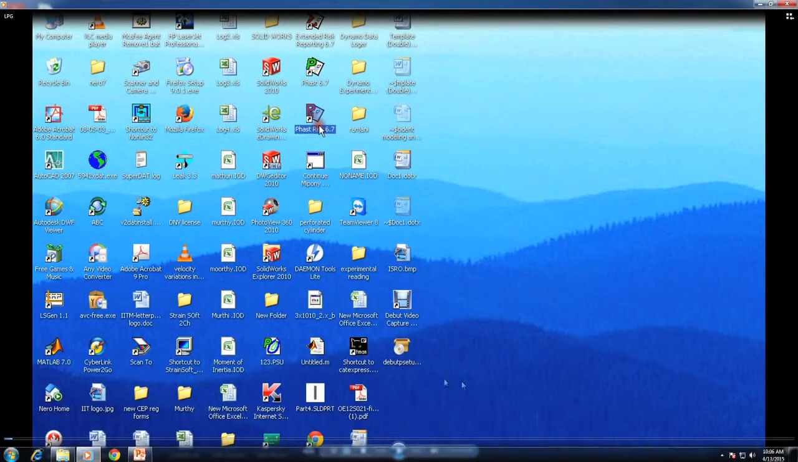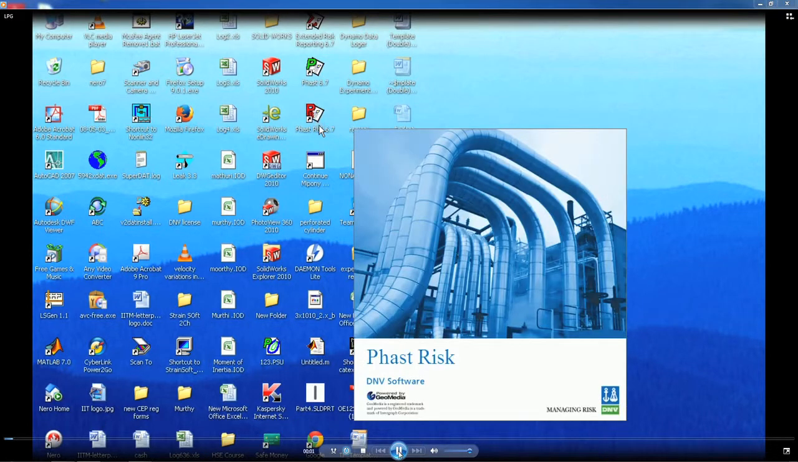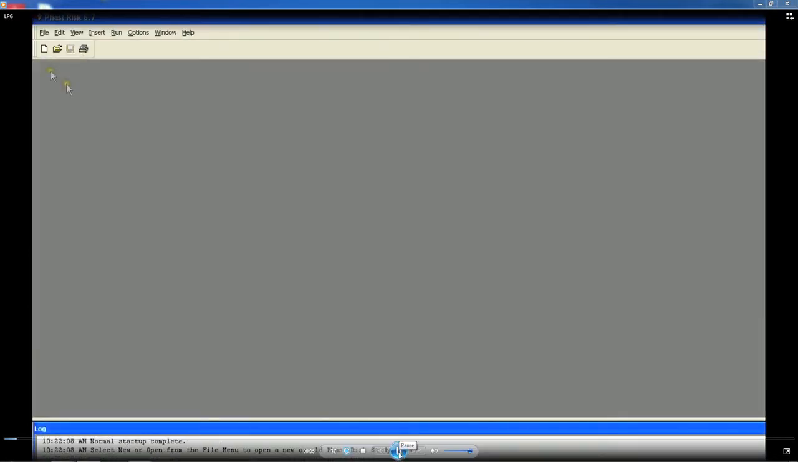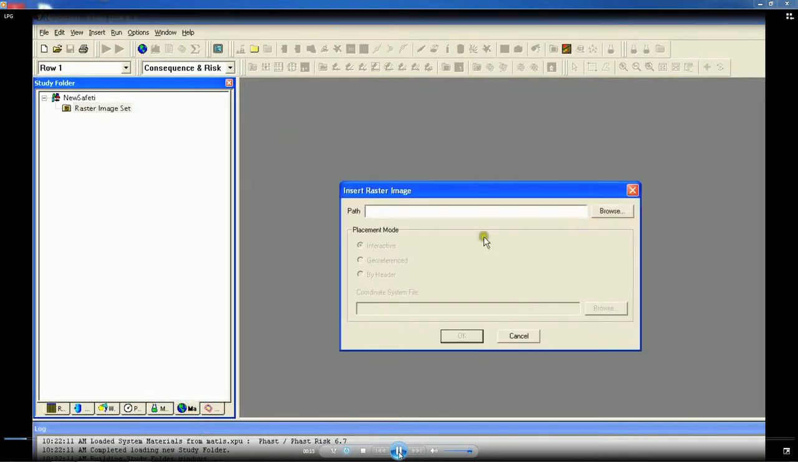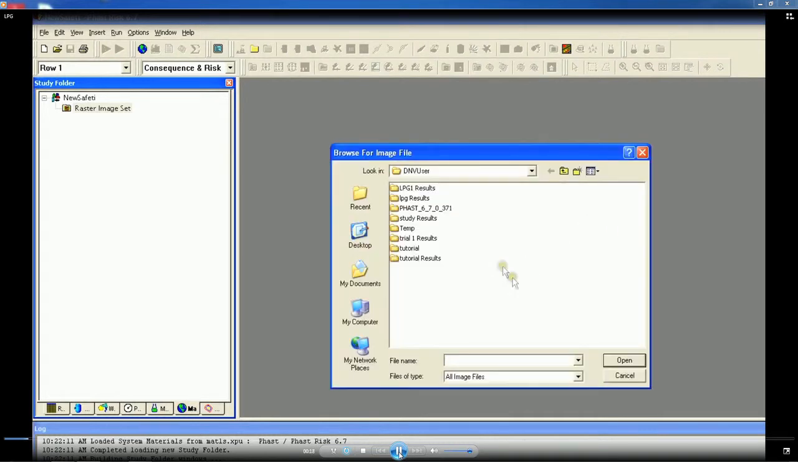So, friends, the first screen of the software will show you that we are operating on FastRISC 6.7. As seen from the previous slides, let us open a new file. Let us create run rows. So, let us select the raster image for a given material inventory, insert the image, select the image of the